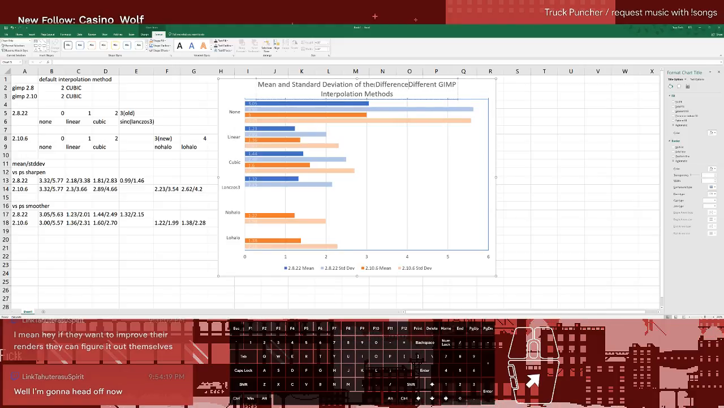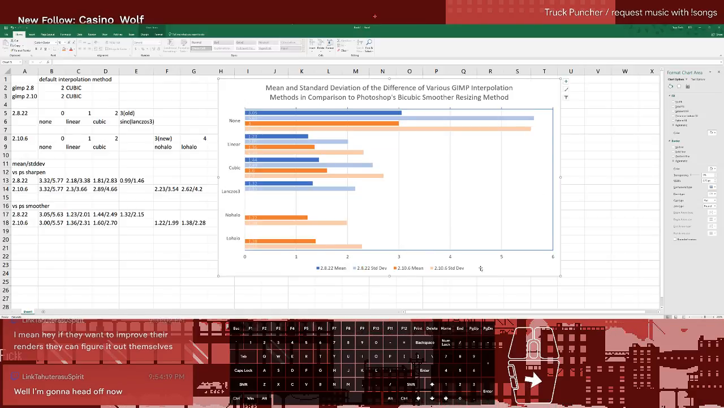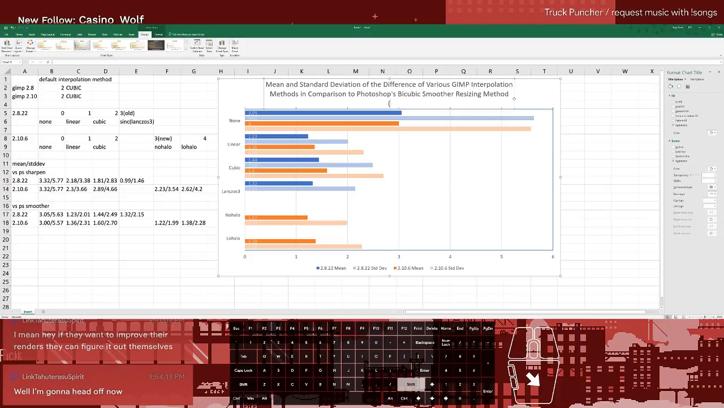The difference of various GIMP interpolation methods in comparison to Photoshop bicubic smoother resizing method. Add in bicubic sharper omitted due to